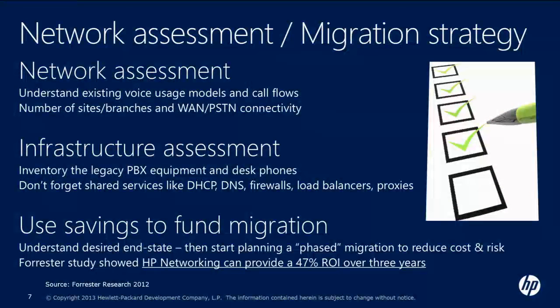So from a network assessment, it's really important to understand what the existing usage model is. From that, you need to look at how many sites you have and, like I said, look at the existing capacity that your existing PBX or IP PBX had. That's a good starting point. However, something we've learned through some of our deployments